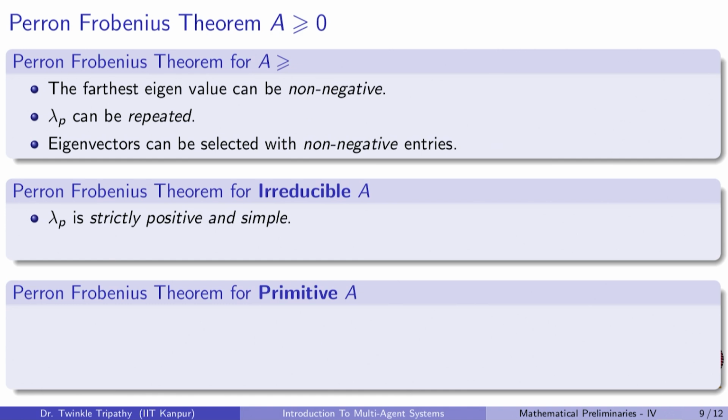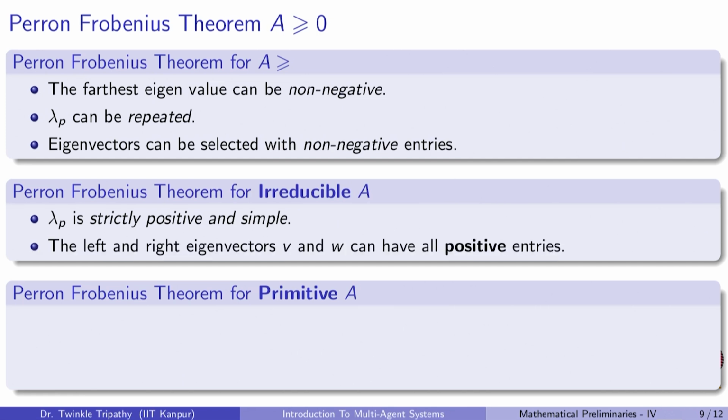For such matrices, we again have a Perron root, which is now strictly positive and simple. And the corresponding left and right eigenvectors, let's write Vp and Wp, now they can have all positive entries. So, when we say all positive entries, note that in the eigenspace, if the vector Vp has all negative entries, we can simply multiply by minus 1 with it and make all the entries positive. But the important thing to note here is that all the entries actually have the same sign, both for the right and the left eigenvector.